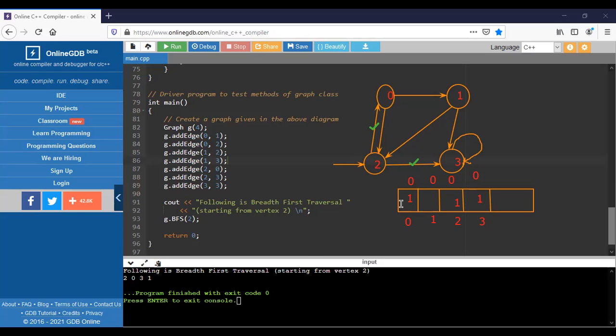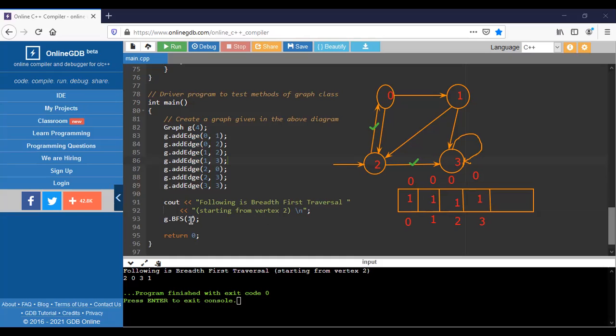And coming to the next one. The next one here is 2 or 0. Here 2 has been visited, and the next one is 0. 0 has been visited and it can be dequeued, and then it starts from this 0, which has the adjacent node 1, and mark it as 1.